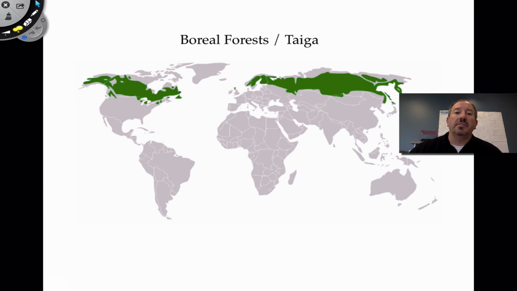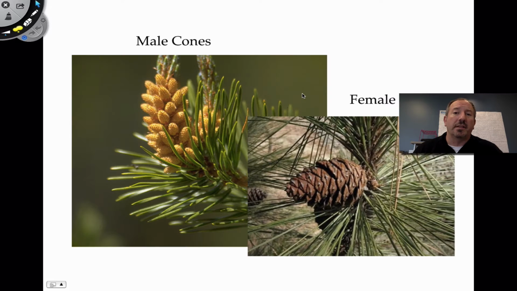So I would say it's equally as important as the tropical rainforest, though the tropical rainforest, unfortunately, is very small in terms of area. It's important because of its biodiversity. This is important because of oxygen and carbon dioxide. Now, of course, since the ocean is really 75% of the Earth, there's going to be a lot more carbon exchange occurring in the ocean. There's more photosynthesis in the ocean. So the ocean's really what's making a lot of oxygen and taking up a lot of carbon dioxide. But I wanted to do a shout out to the coniferous forest for being the largest biome on the land and very important.